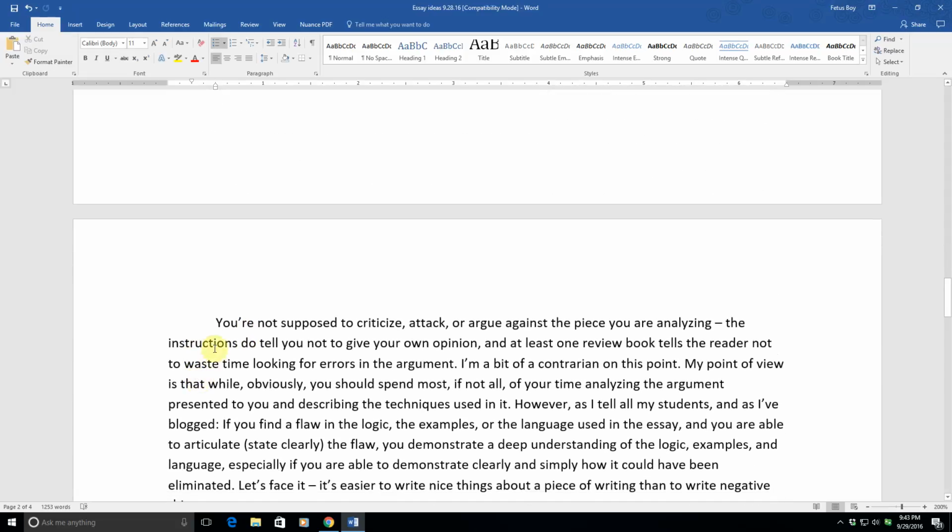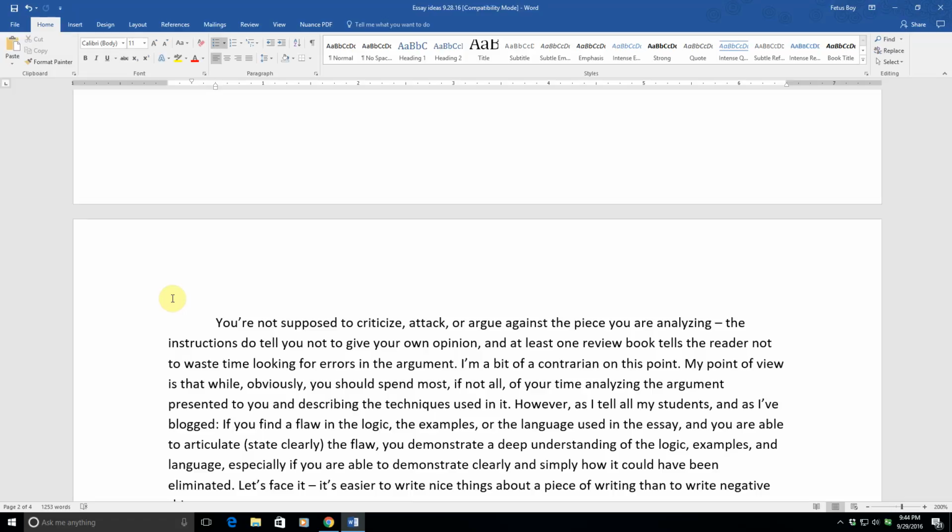Now, what they're saying here is you're not supposed to criticize, attack, or argue against the piece you're analyzing. The instructions do tell you not to give your own opinion, and at least one review book that I use tells the reader not to waste time looking for errors in the argument. I'm a little bit of a contrarian on this point. While obviously, yes, you should spend most of your time analyzing the argument presented to you and describing the techniques and how they're put together to make the complete package of this argument,